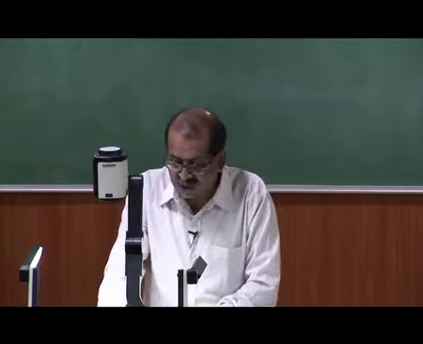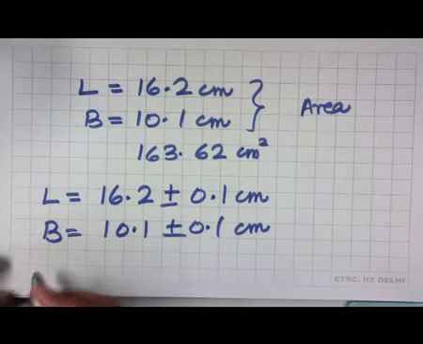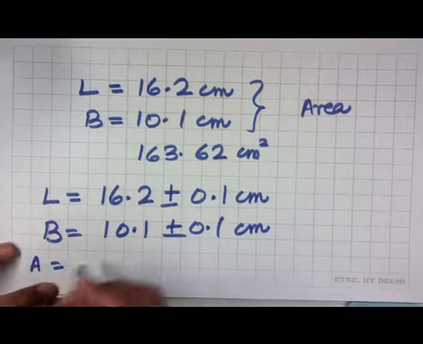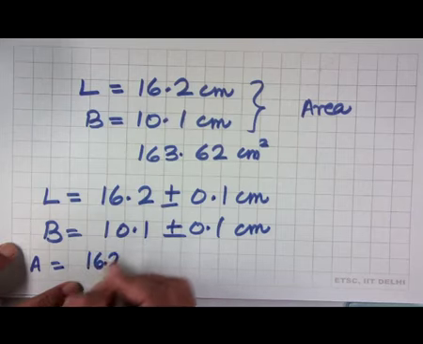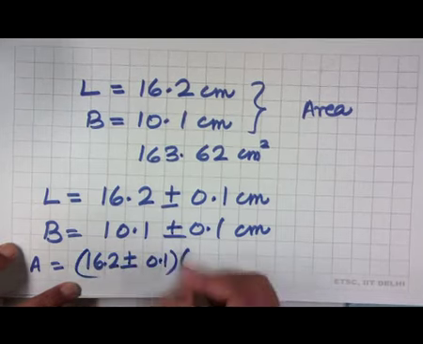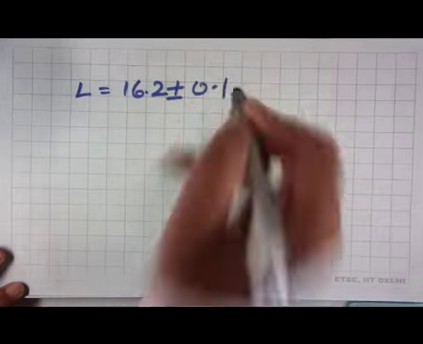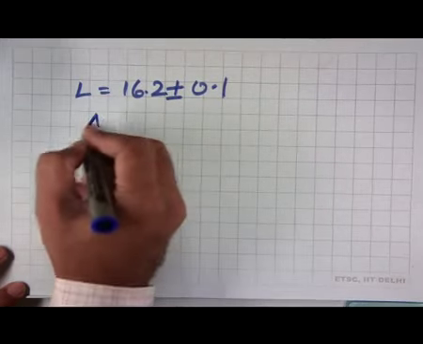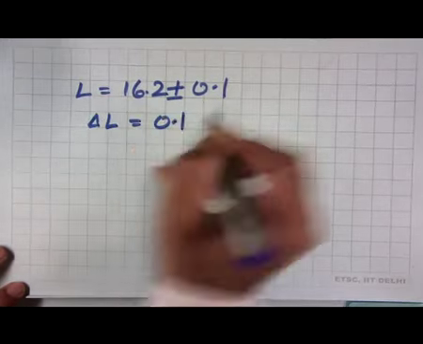Now when we multiply the two, we will get the area, and area will be equal to 16.2 plus minus 0.1 into 10.1 plus minus 0.1 centimeter square. So, let us see how to work this out. We can directly see this. If L is equal to 16.2 plus minus 0.1, then delta L is 0.1,